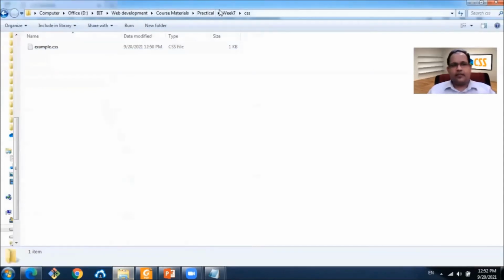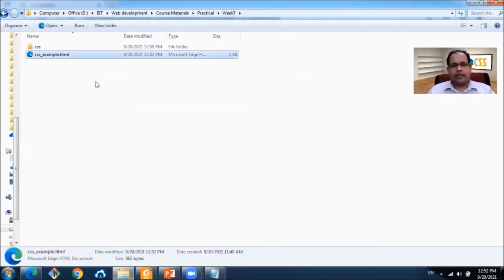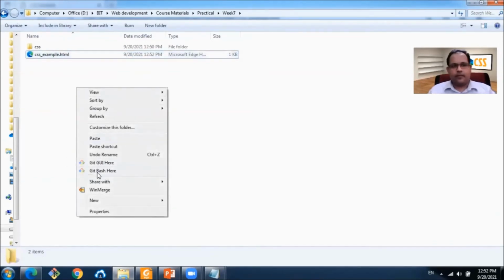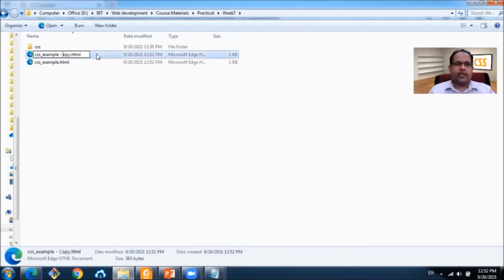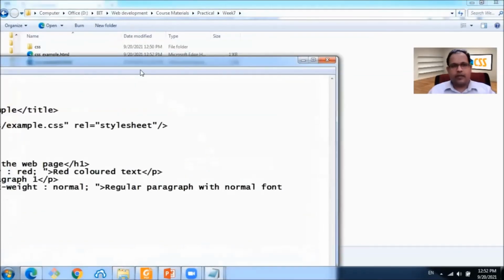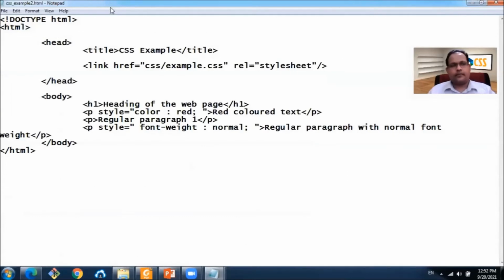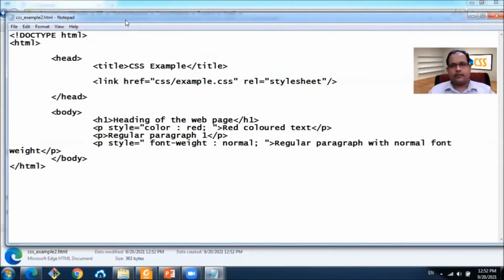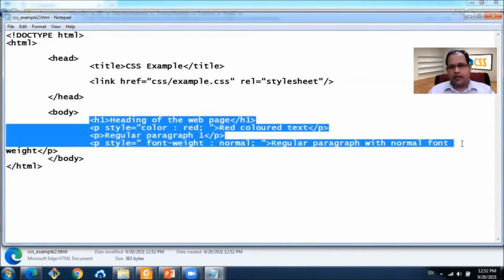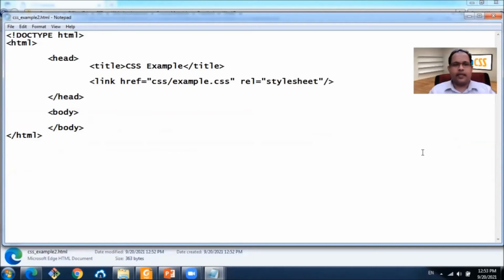Let's say we are creating another page. I'm creating a copy of this page and pasting it, and I'm naming this file as example2. Now I'm opening it from the notepad. Here also we have the same text, and we'll have a different set of elements here in the body. Okay, here also I have another h1 tag.